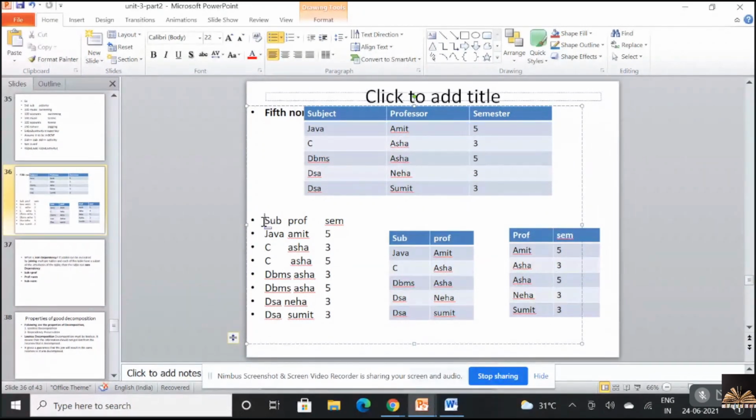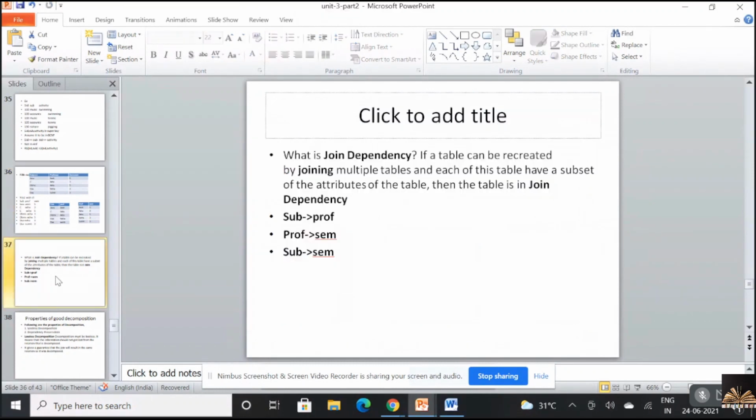Now what I have to do? This particular table, I'll say R1, R2. Now what I have to do? I have to join this R1 and R2 with the piece R3. Now, if at all, I have to join in the same way, whatever I've done over here, I have to join in the same way. But the common thing in those 2 cases would be semester. It would be, I think, semester.